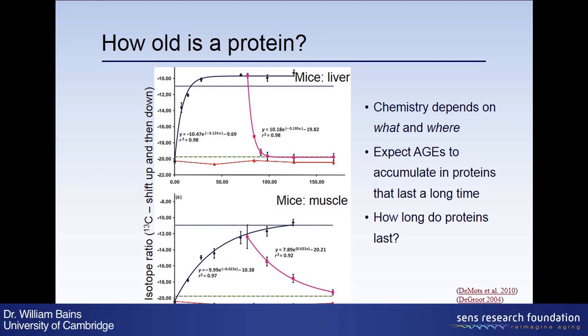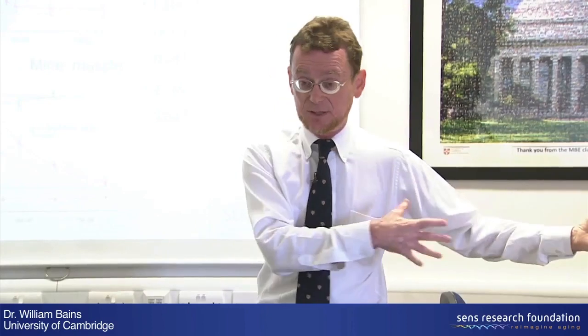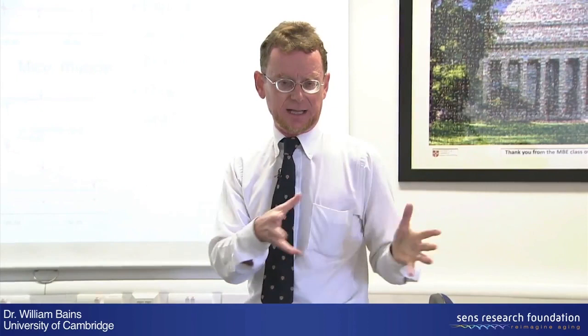They took mice and they started feeding them a diet dosed with carbon-13, which is an isotope of carbon. So you can trace where the food that that mouse is eating is ending up in that mouse. And then they looked at how much of that carbon-13 was present in the mouse with time. And then after a while they stopped feeding them that and switched them back to a normal diet. And they asked, of that carbon-13 labeled food, how long does it stay in the mouse? Obviously they labelled things that would tend to be incorporated into proteins, so they would look at how long the proteins stayed in the mouse.